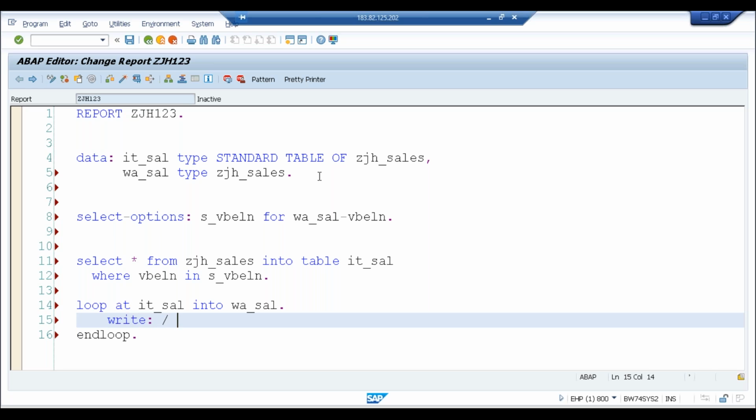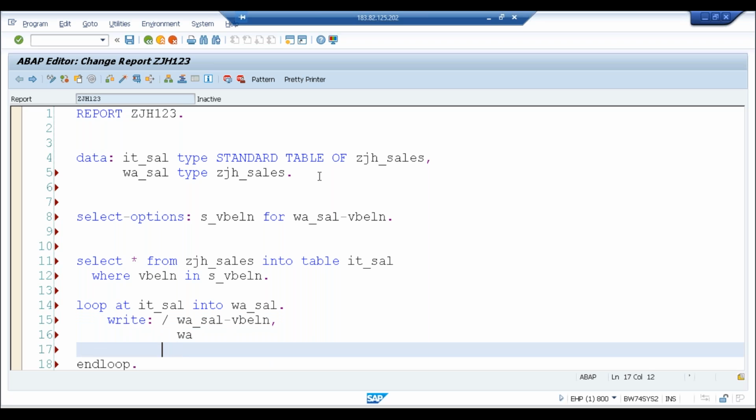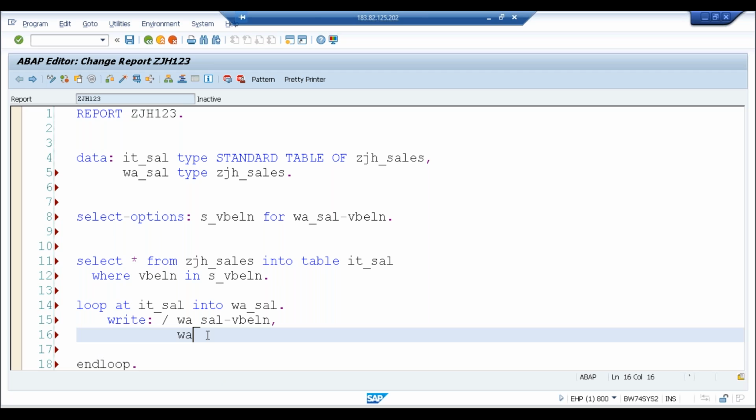Write WA_SAL-VBLN, WA_SAL-ERDAT, ERNAM, all these fields will be there now.